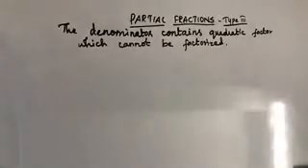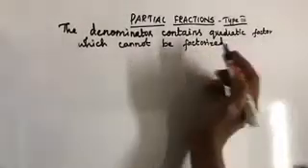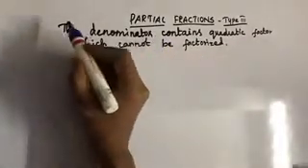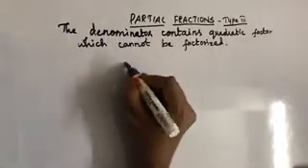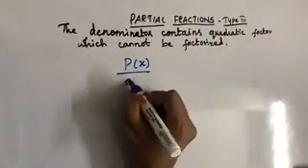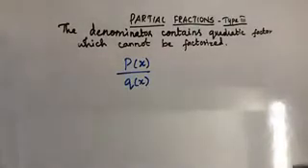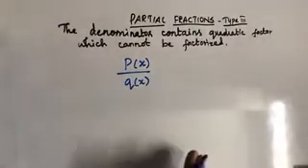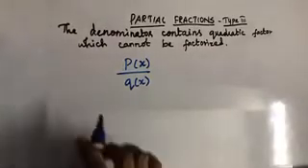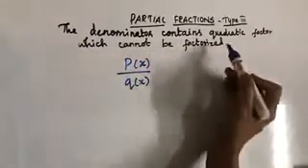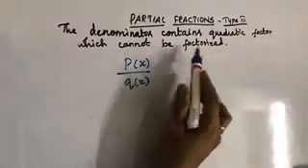In partial fractions, we are splitting up fractions into two or more fractions with addition or subtraction. Now, this is the third type of partial fraction. In this type, we write the fraction as p of x by q of x, where the denominator contains quadratic or some algebraic factors. The denominator contains a quadratic factor which cannot be factorized.